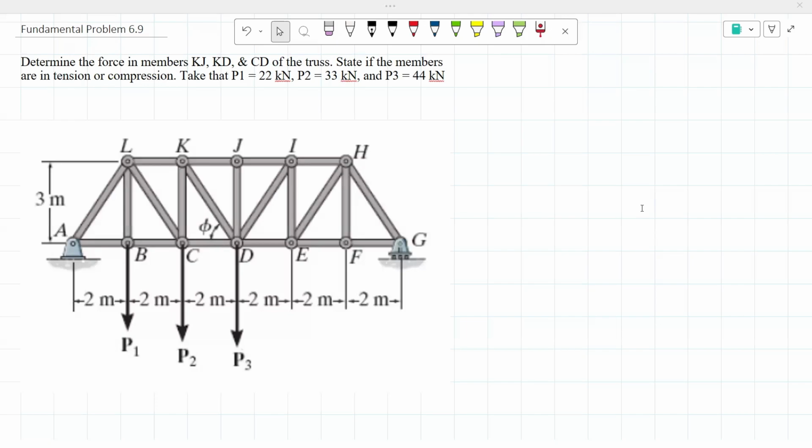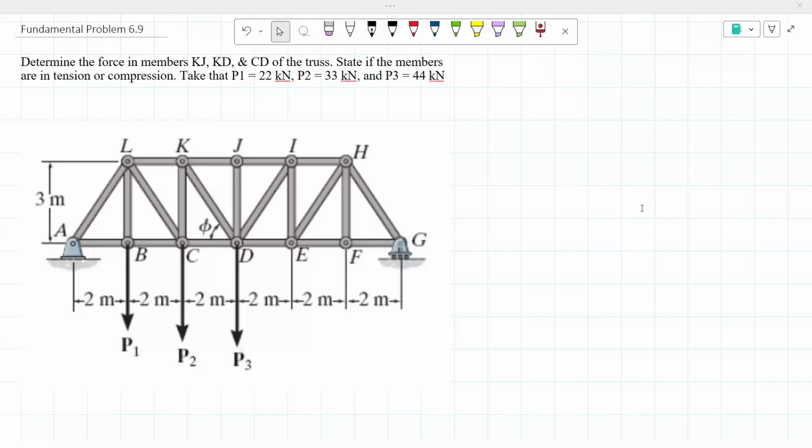Hello everyone, today we're going to be working on fundamental problem 6.9. This problem is saying to determine the force in members KJ, KD, and CD of the truss, to state if the members are in tension or compression, and to take that P1 is equal to 22 kilonewtons, P2 is equal to 33 kilonewtons, and P3 is equal to 44 kilonewtons. So to start off this problem, the first thing that I'm going to do is I'm going